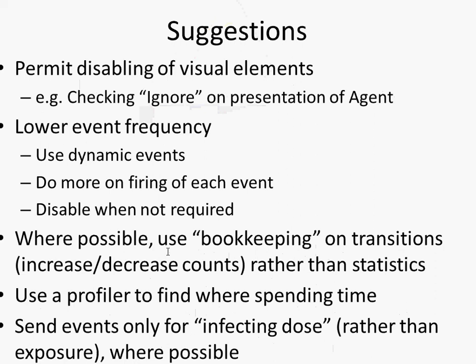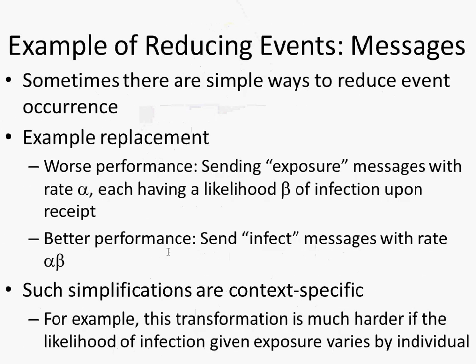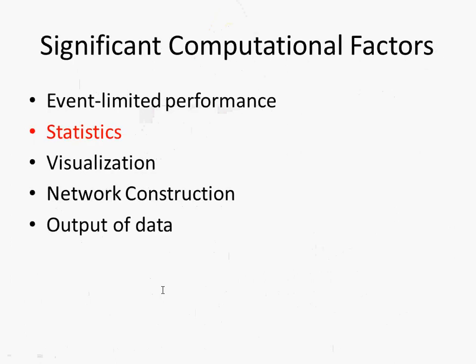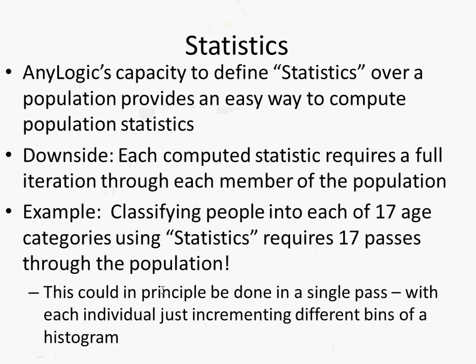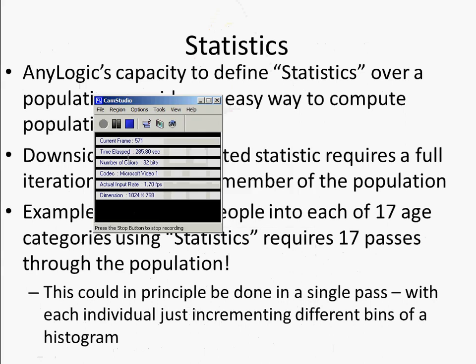These are examples of ways we could decrease events. Some of these have to do with other things we'll be getting to and won't go into. So this is the example we talked about a little bit. These are context-specific considerations. Let's talk about statistics, however. Okay, so I'll end that with a